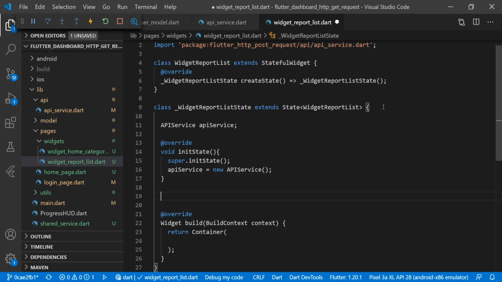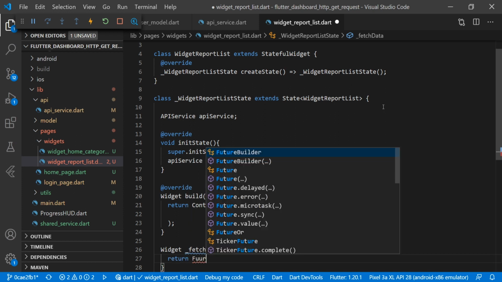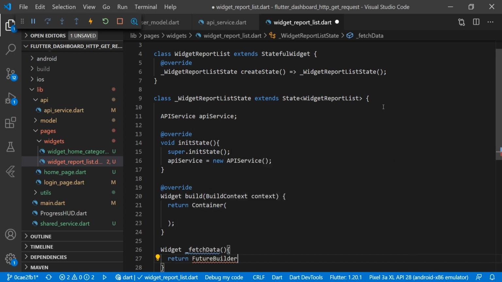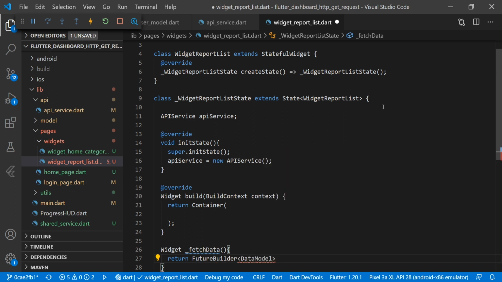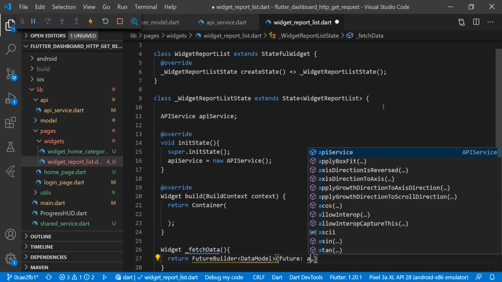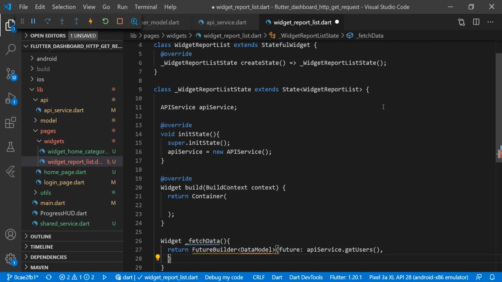So here we have to create one widget to fetch the data by using FutureBuilder, and here we will do widget _fetchData, FutureBuilder, and we will pass a return type of DataModel here, and in the future apiService.getUsers, and then we will have here